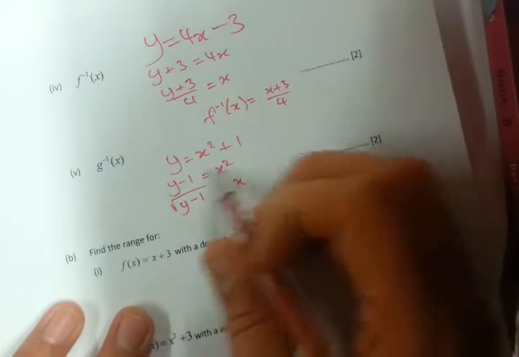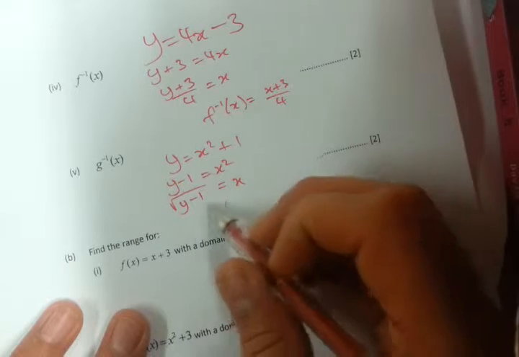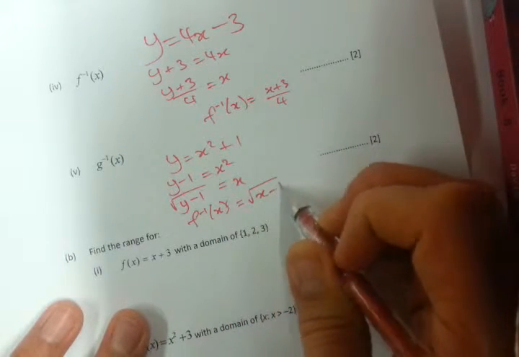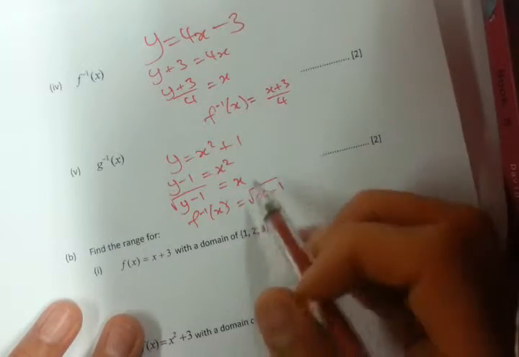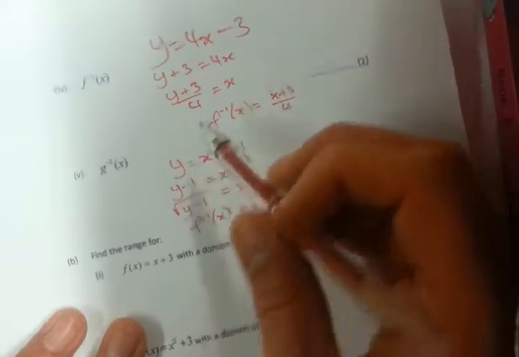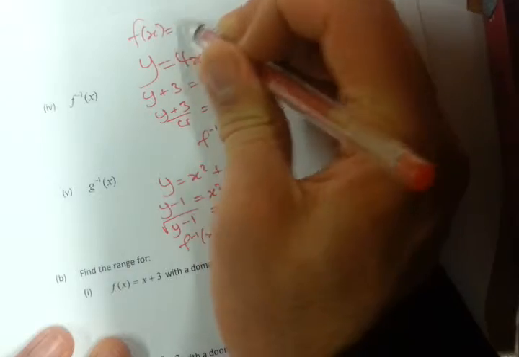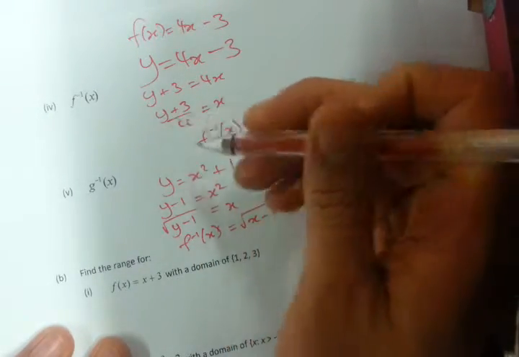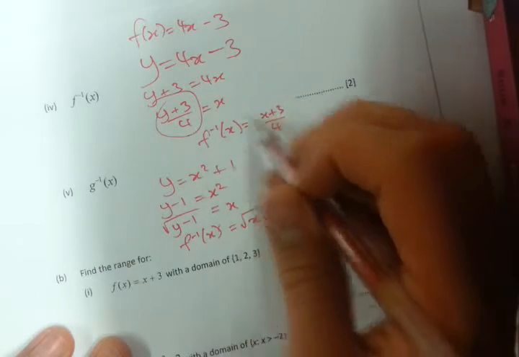But yeah, whenever you have functions and you need to square root it, you just take the positive square root, so then the inverse function is the square root of x minus 1. That's it. So whenever you have a function, you need to find the inverse. If f of x is 4x minus 3, you say y equals 4x minus 3, you make x the subject, and then you take the expression with y in it, and you just change the y's to x's, and